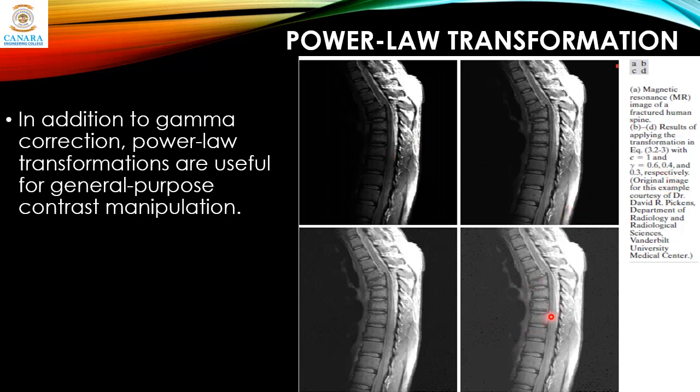You can see here this image with a gamma value of 0.3. You can view this background or this region clearly here, which is not that visible in the input image. That area appears totally dark there, and it's very difficult to make out what's there. So this is the application of a gamma value less than 1.